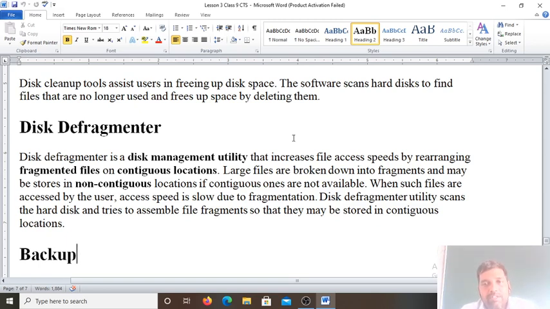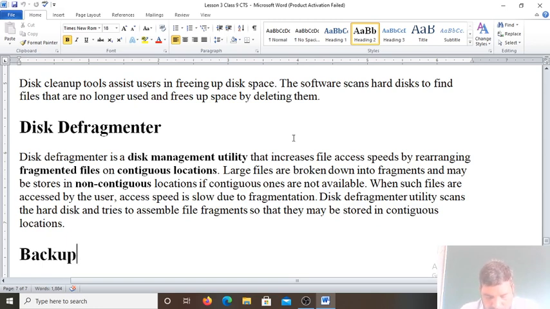So what does the defragmenter do? It scans the hard disk and tries to assemble the file fragments so that they may be stored in a contiguous location. When all the fragments are integrated into one big piece, access becomes very easy and access time decreases. In much less time, we can open the data file. That is the task of the disk defragmenter.